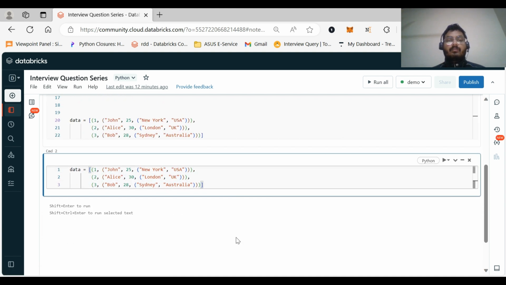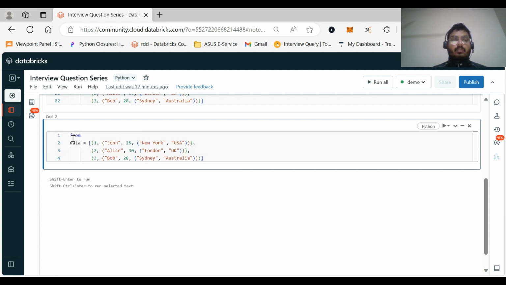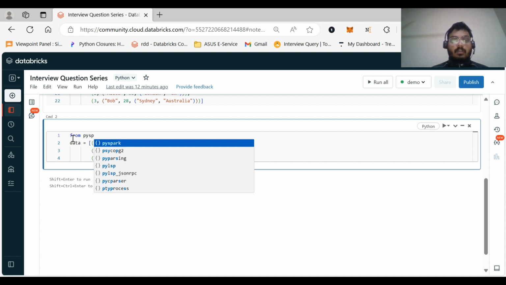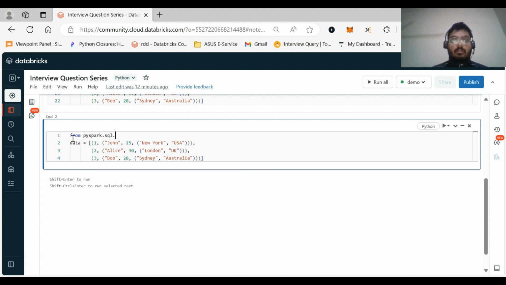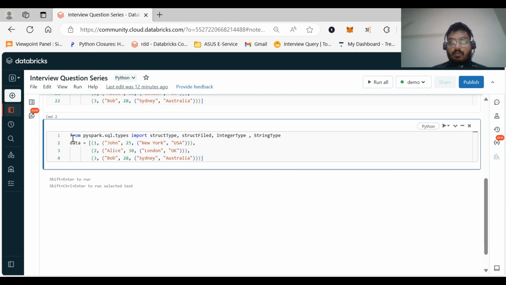In our second cell, we have copied the data, and let us import the required libraries also, from pyspark.sql.types: StructType, StructField, IntegerType, StringType. StructType and StructField should be capital.